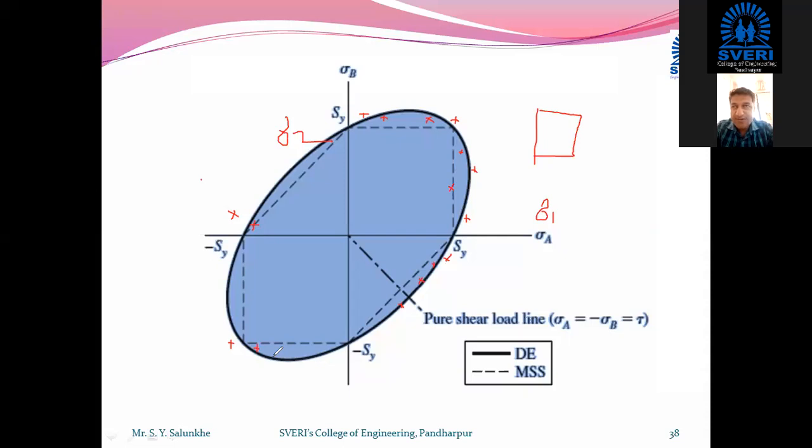So what can you conclude from this particular diagram, for better, that means if we use maximum shear stress theory instead of this Von Mises theory, that is nothing but distortion energy theory, can we conclude something, or what will be your conclusion? Can anybody comment on this? Let me clear my question once again.